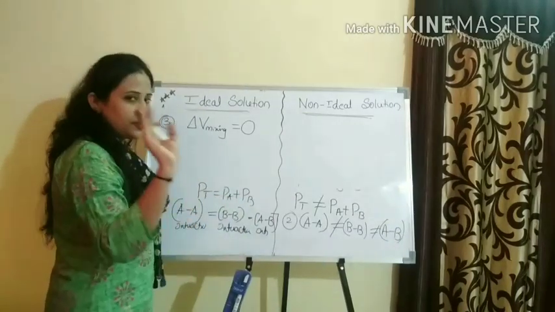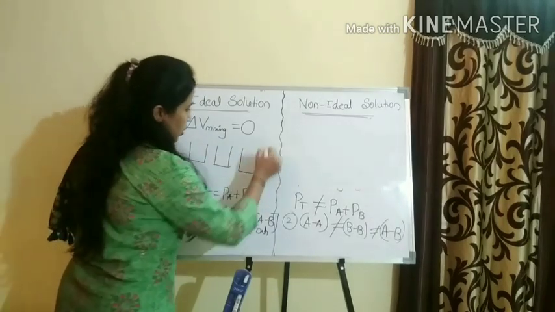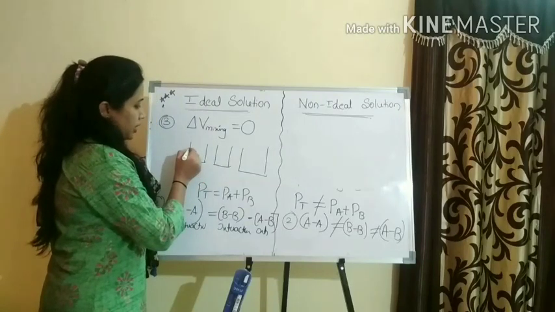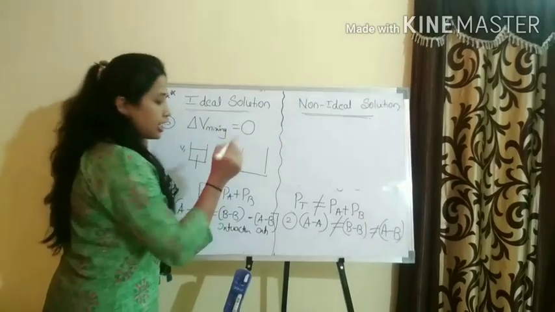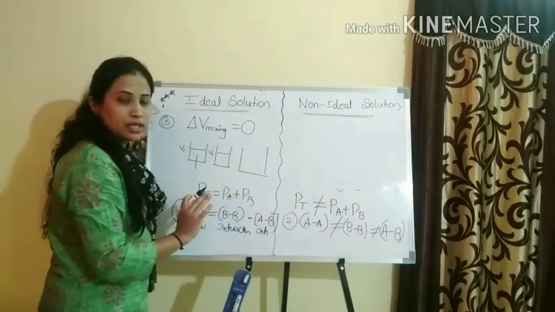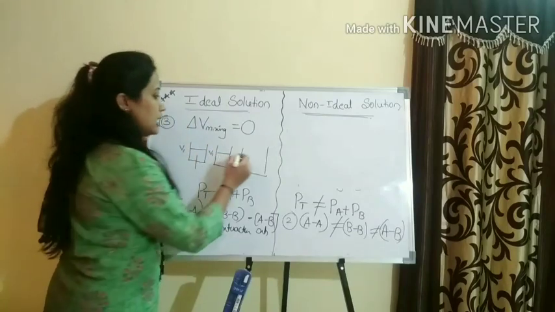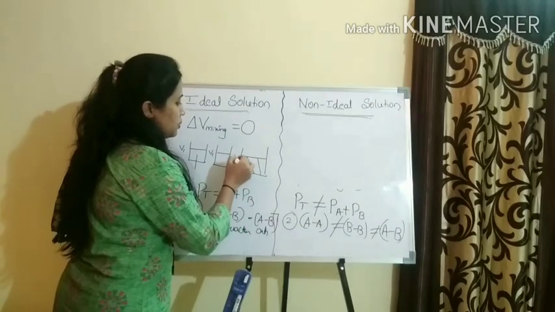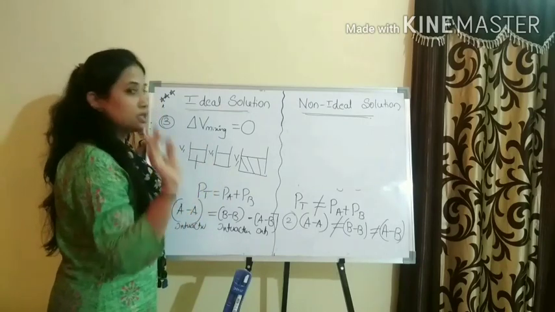According to them, there is an A component, there is a B component, and then the mixture of A and B. Let us take the component A with a volume V1 before mixing. In another container, the B component with a volume V1 itself, the same volume, before mixing. But according to the ideal solution and Raoult's law, even after mixing, the volume remains the same.